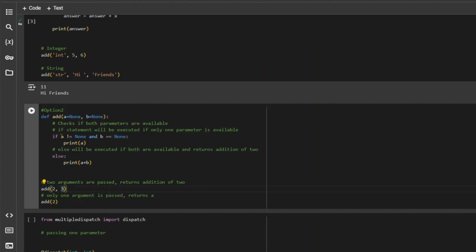The condition a not equal to None, in the sense 2 not equal to None, will be true. b is equal to None will become false, and 2 plus 3 will be executed, which is there in the else part. As this condition becomes false, it will come here, and I should get the result as 5. And when I do add 2